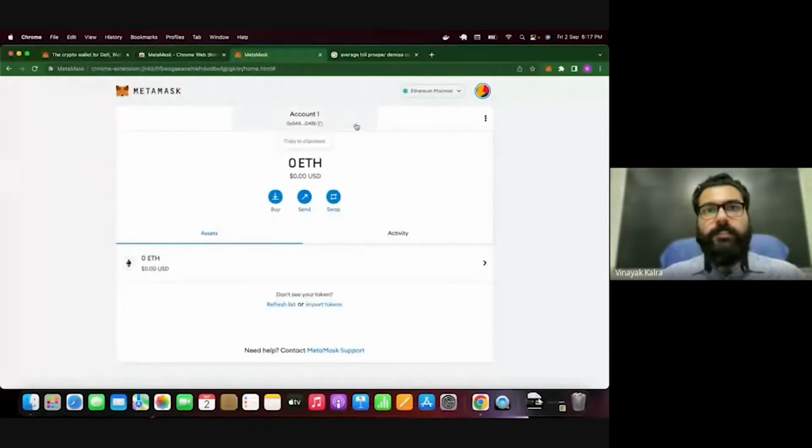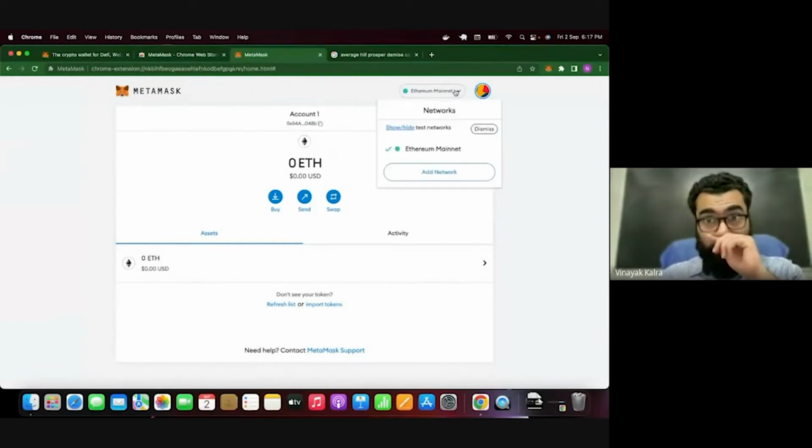And this is the MetaMask address, the account address that is given to me right now. So now we can play around a bit with MetaMask here. You can see this is currently connected to Ethereum mainnet. MetaMask was originally made for Ethereum, but you can add custom networks to it. Eventually, a lot of chains started forking Ethereum and creating their own mainnets, so MetaMask extended its support to make sure that all the EVM compatible chains are supported by